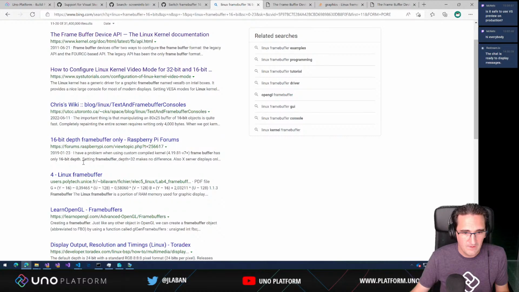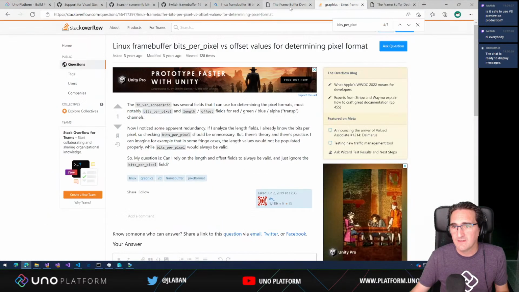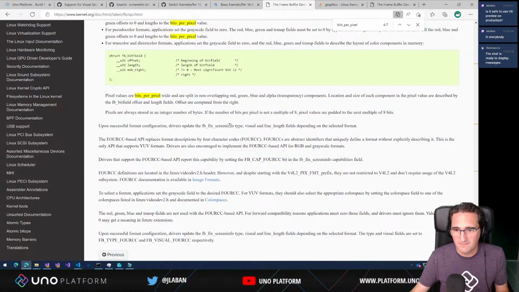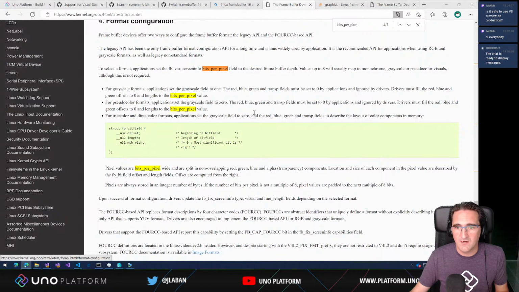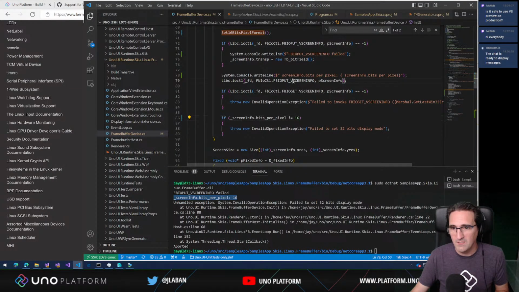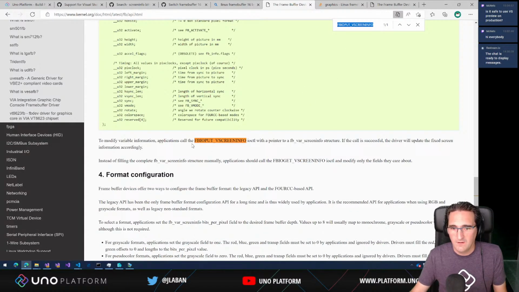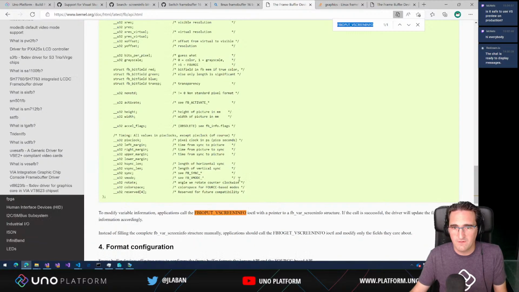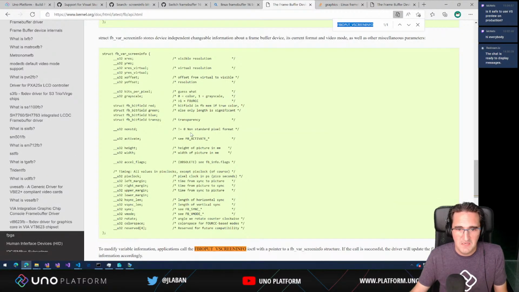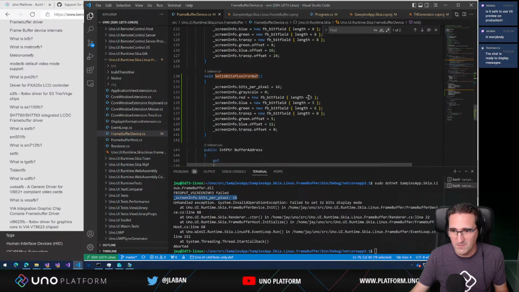So let's see, what do we have there? Maybe there's something else that we need to take a look at. So in the framebuffer device, maybe there's a, let's see. If I use this, does it show? So the call is successful, but for some reason it's not working properly. So either it's because the values that I'm providing here are not the right ones, because I set the transparency stuff and things like that. But